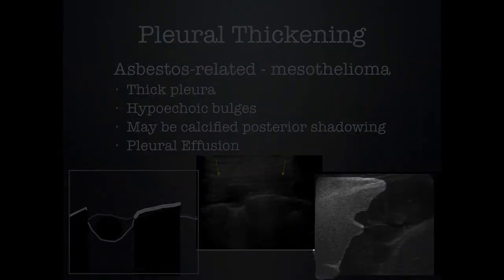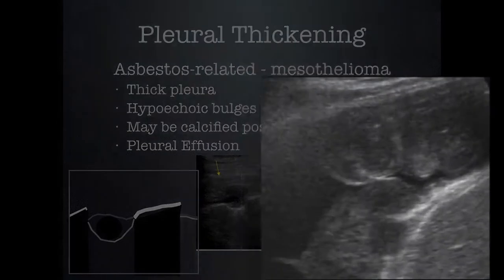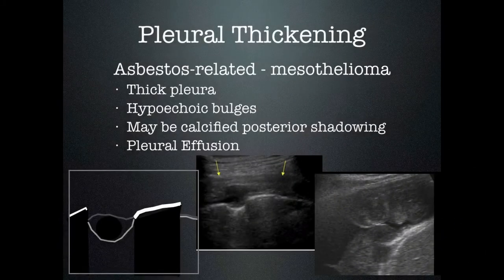In the other image, we can see a pleural effusion that helps outline the mass of the pleura. We can see this mass. It is very irregular, and we can see the hypoechoic fluid help outline it, and we can see the lung deep. This helps you see that it is attaching to the visceral pleura and separating the visceral pleura